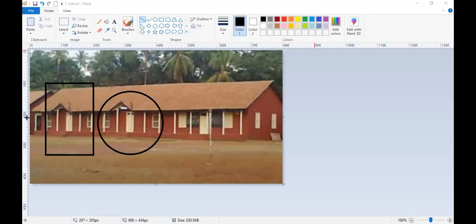Okay, now I'm drawing a line. This distance is nothing but 320, right? And if I find this distance, can you see this distance?